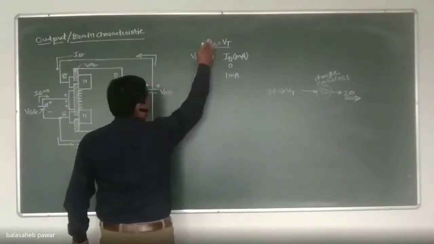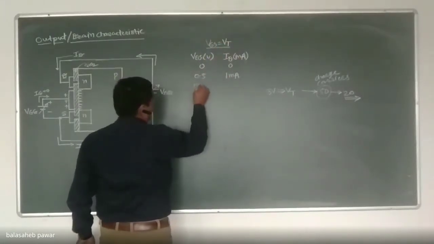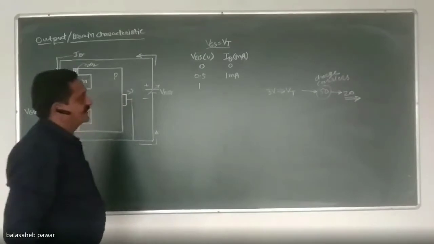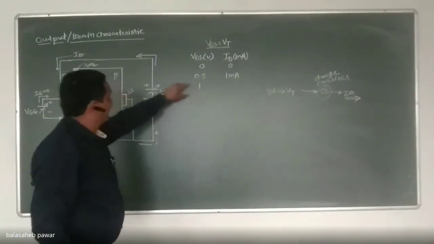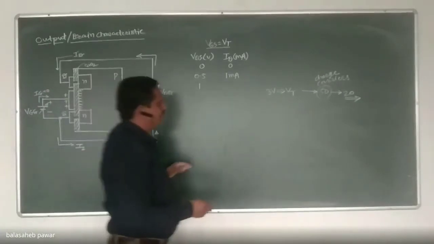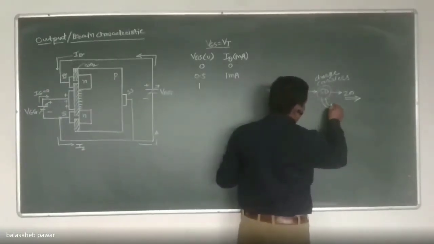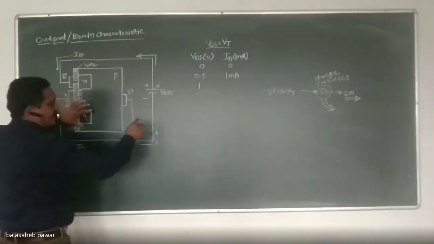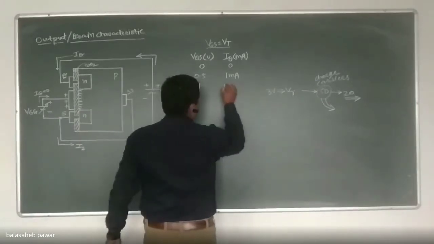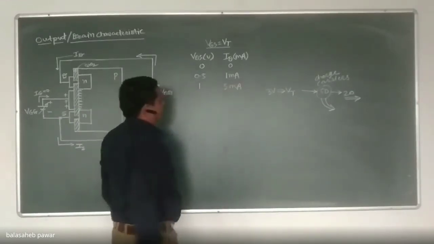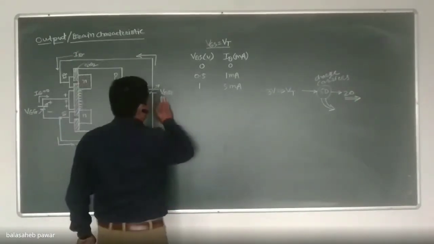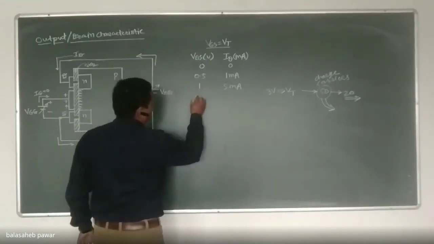Again, VGS equals VT is constant. Now I apply VDS equal to, for example, 1 volt. By this 1 volt, we'll consider all 50 charge carriers start to migrate between drain and source, and by that the current increases to, suppose, 5 milliampere. Now if I increase VDS beyond 1 volt, for example to 1.5,